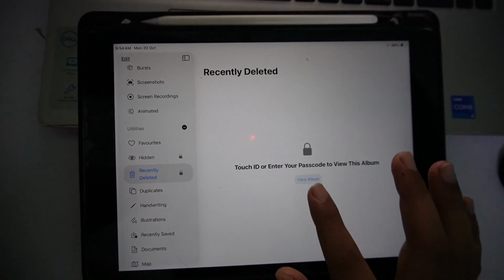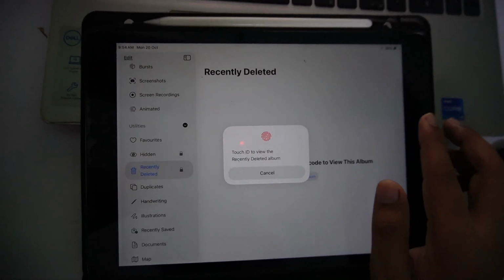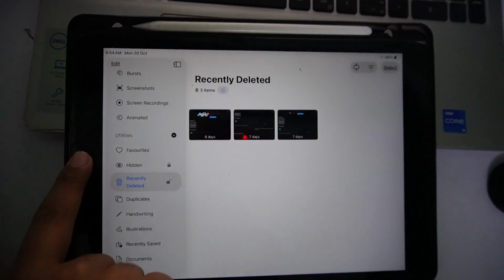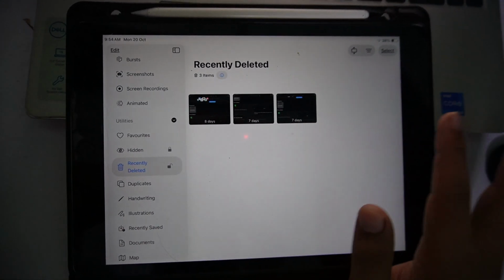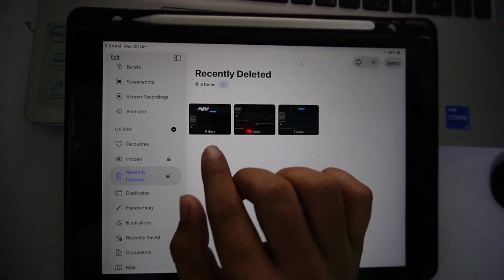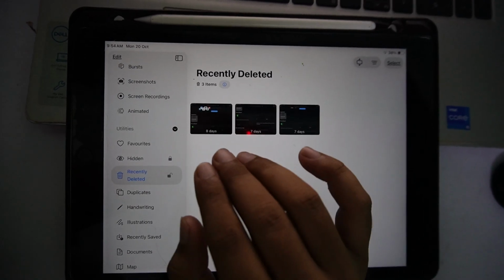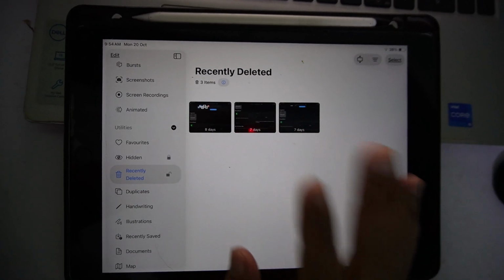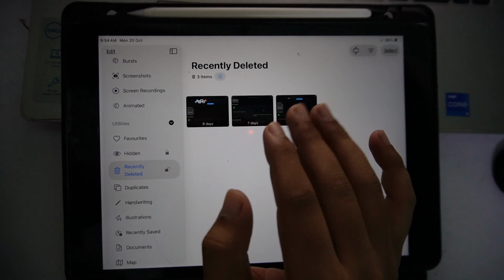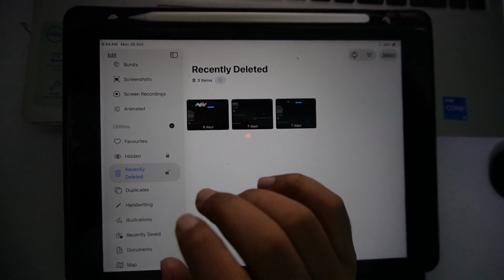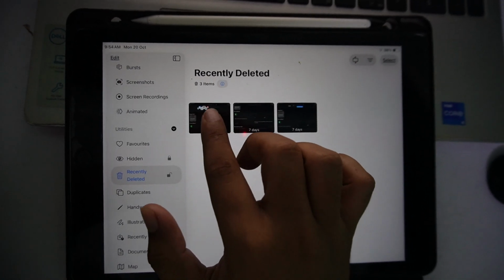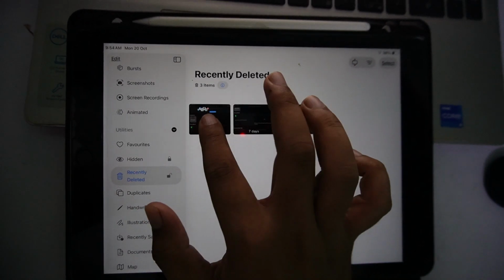Just tap on this and tap on view album and verify your Touch ID, and you will be able to see all your deleted photos and videos over here. You will be able to see the number of days before this video or photo will be deleted permanently. Like there are 8 days remaining before the video or photo will be deleted, guys, permanently. So if you want to recover them, just hold the photo or video,